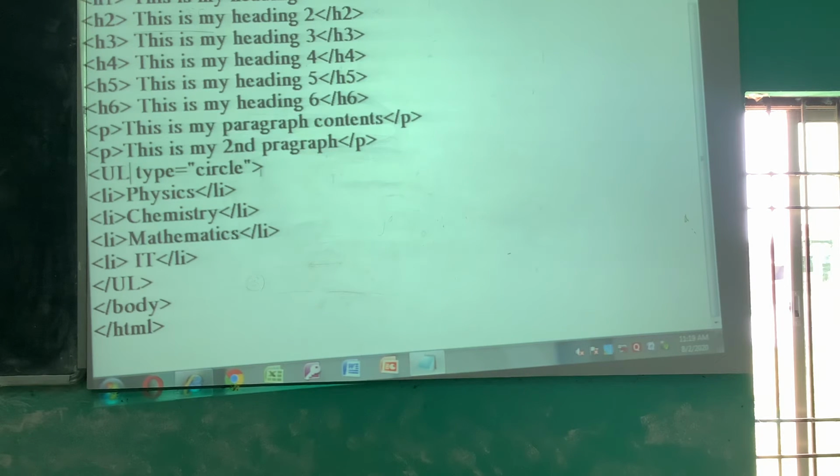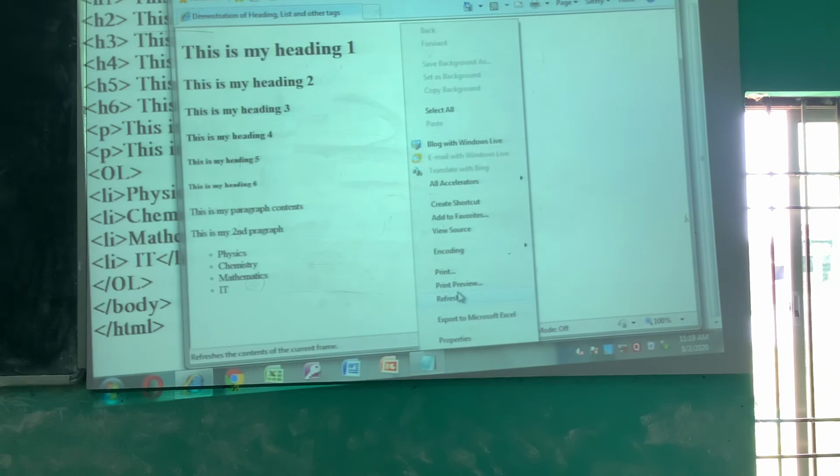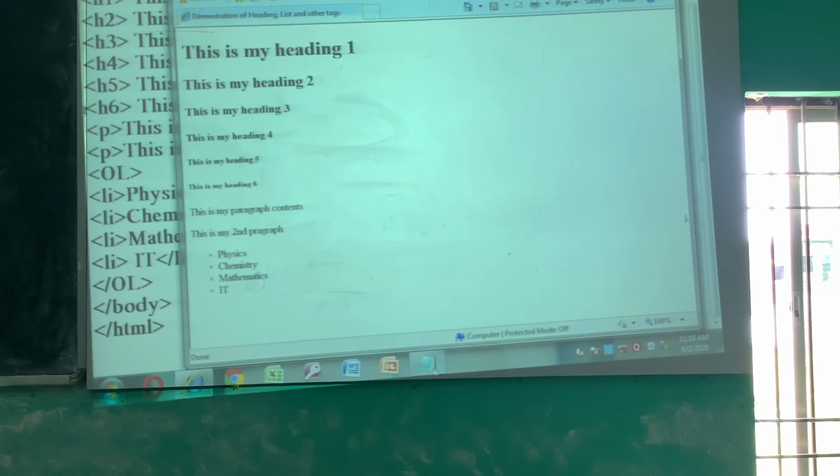Now just change it to an ordered list, that means OL. Simply use OL, then slash OL. What happens? The items will be shown in number format 1, 2, 3, 4 like that.